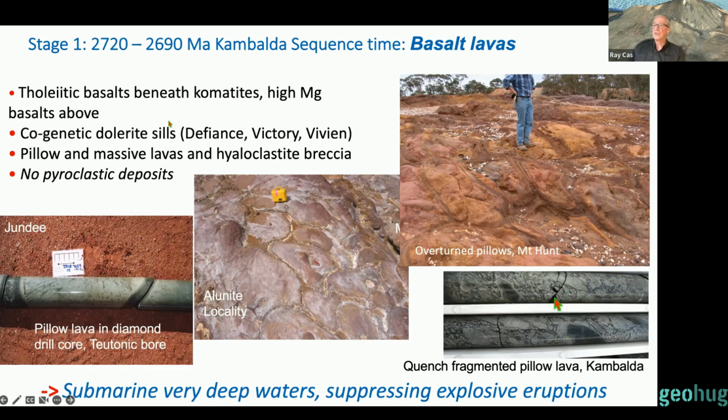These are not explosive in origin. In fact, we have absolutely no evidence of basaltic pyroclastic deposits associated with any of the basalts, or for that matter, the komatiites. Now that's again important because it tells us that the environment was a very deep submarine